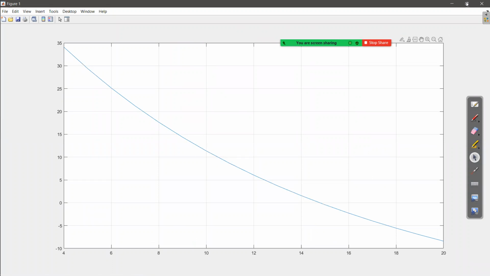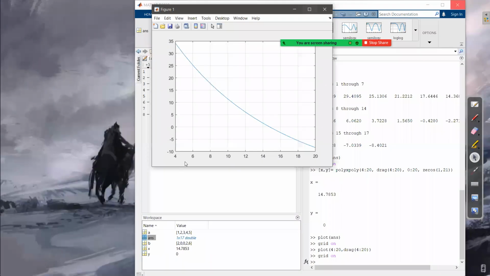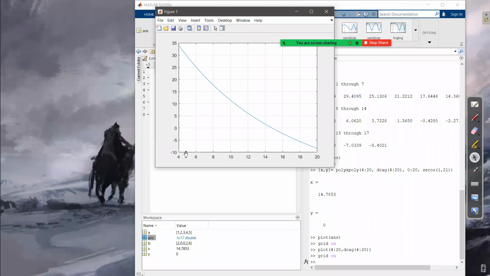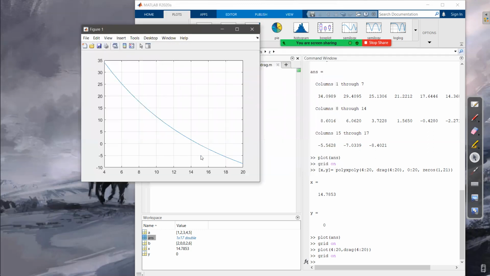Previously, when I was plotting directly, the x-axis was not 4 to 20. It was using the index, the default value of the x-axis, not the original values of c that we are placing. If I plot this way, using x and y, then I can see that the root of my equation lies within 14 and 16. Is it clear now? Yes, sir. Okay, so